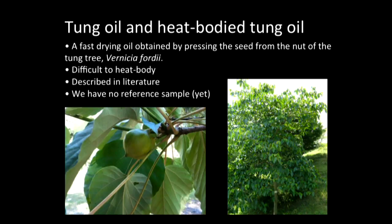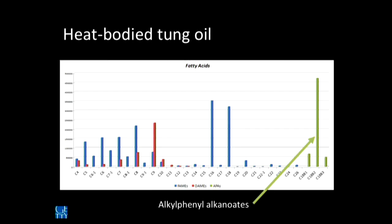Tung oil, difficult to heat body. We had a chance to go to the Lacquer Institute in Xi'an to look at lacquer kind of being processed, and they had a bucket full of goo, which looked like a bad batch of Jell-O sitting in the corner, and we said, what is that? And they said they tried to heat body tung oil, and it just turned into a big gel. So it's amazing that the Chinese craftsmen could make this stuff in the heat-bodied form that makes it more viscous,